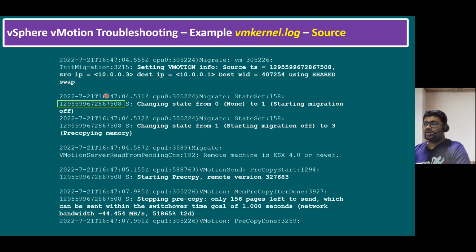For example, here it is showing that vMotion has one migration ID. This is the key point here. Another key point is you can find the source. That means we are using a source ESXi host. You can see "S:", which means pre-copy memory is already initiated. S is nothing but the source. So we found the migration ID and the source information in the vmkernel.log,